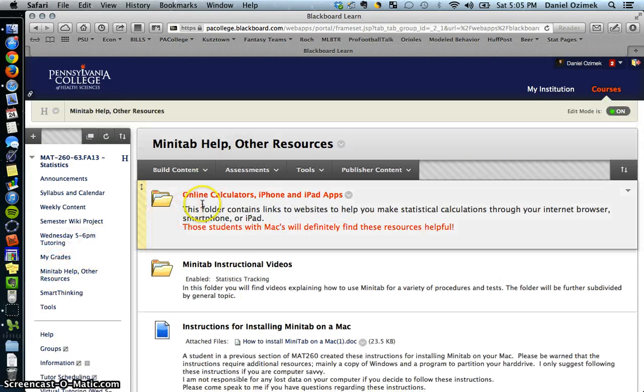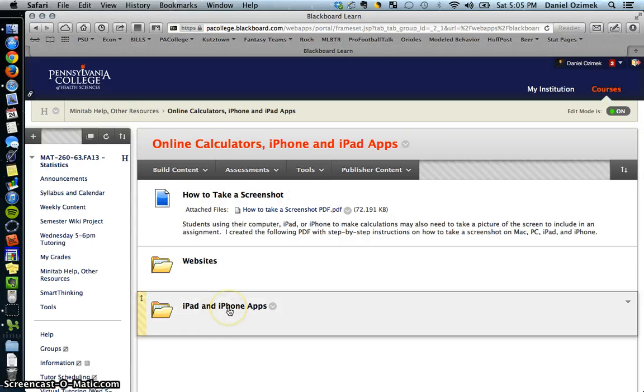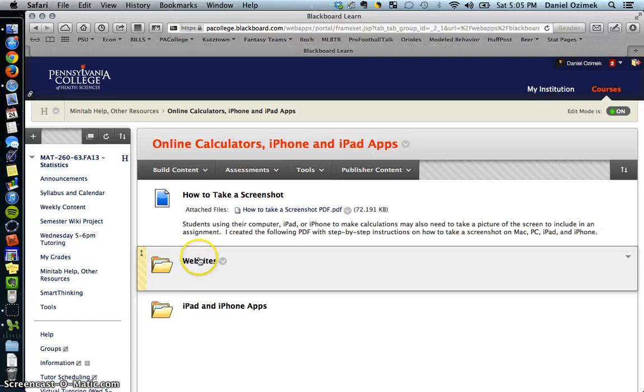In there, I will find online calculators. There is other information for iPhone and iPad apps in here if you have those and are interested in purchasing one of those. Some of them can create histograms, and some of them can do calculations that we'll see later in the semester. Well, we're going to go under websites